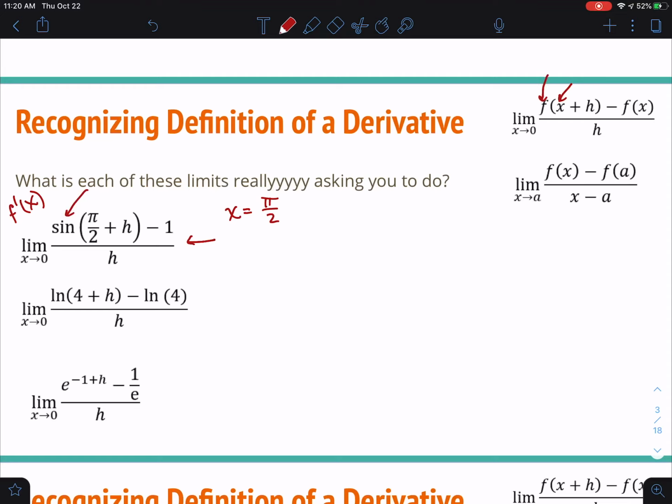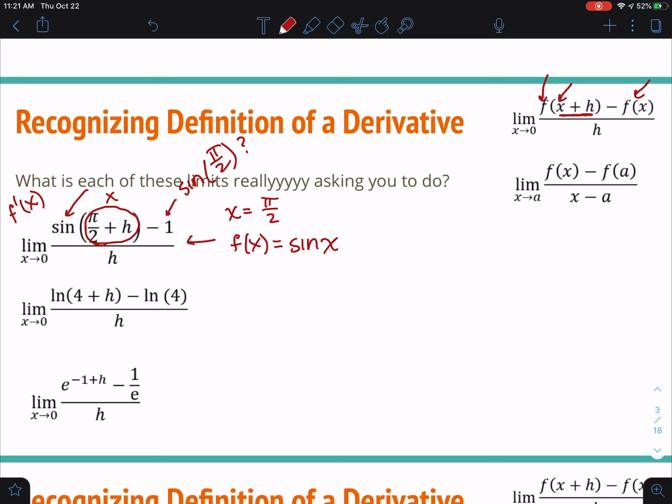Right? Because remember, when we plug into the definition of the derivative, you have to plug in x plus h. So here I have pi/2, so I'm plugging in pi/2 plus h for the x spot, okay? Once we realize that, we also want to double check, is this going to be f of x, so is this the sine of pi/2? Yeah, the sine of pi/2 is 1, so we really have f of x plus h minus f of x